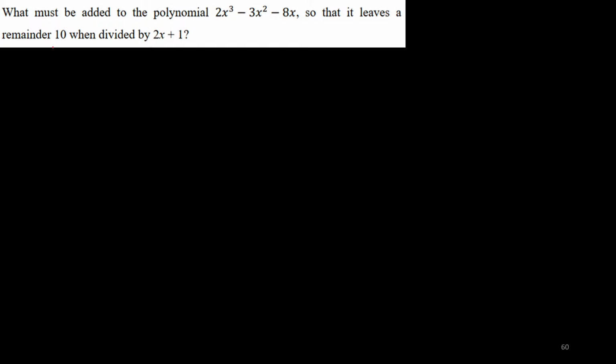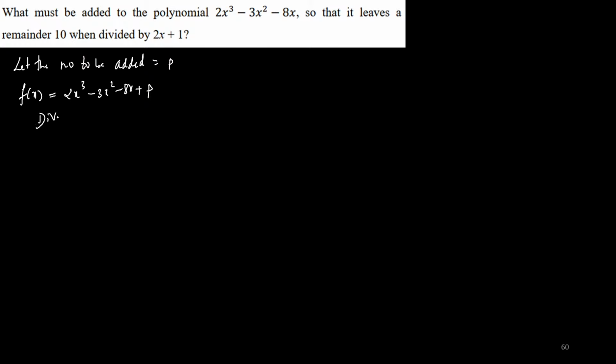So now what can I write? Let the number to be added be, you can take any other number other than x, any other thing you can take, say for example, p. So let the number added be equal to p. So now f of x is equal to 2x cube minus 3x square minus 8x plus p. P I have taken as the number to be added, so that it leaves a remainder when it is divided by